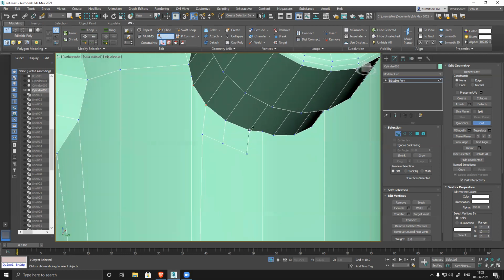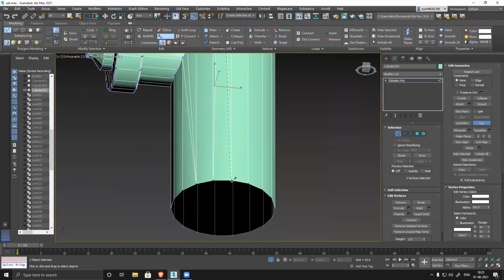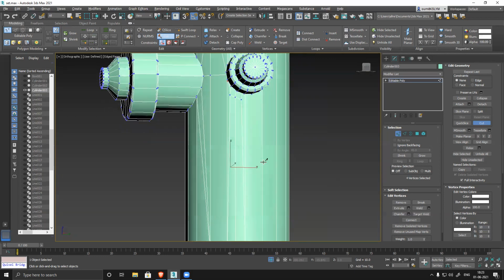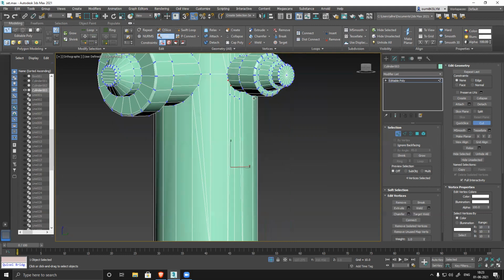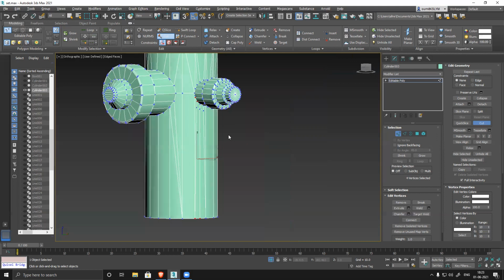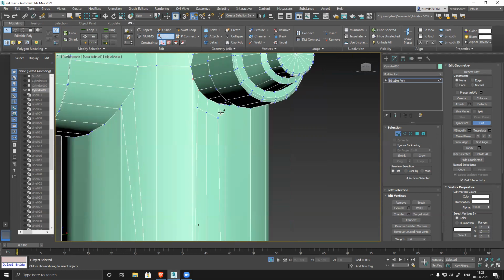So I can just simply continue this and connect this here, correct? And this point, if I want, I can make it a straight line. So like this also I can fix it. But the only problem with this technique is it increases the poly count. That is something we have to keep in mind. We should not increase our polygons. This is also correct. This is not wrong.